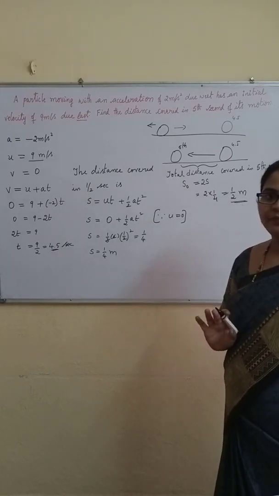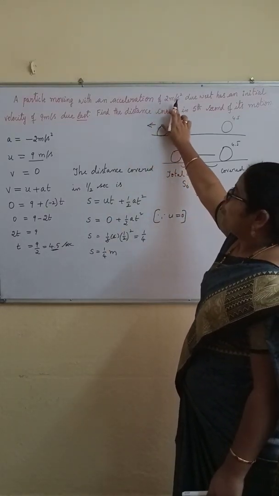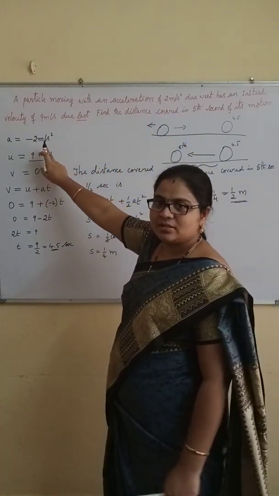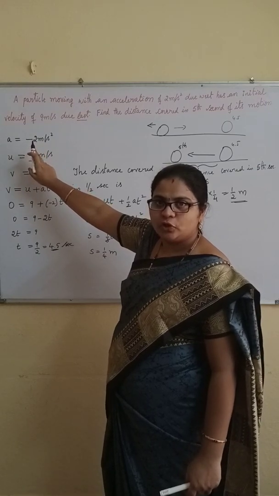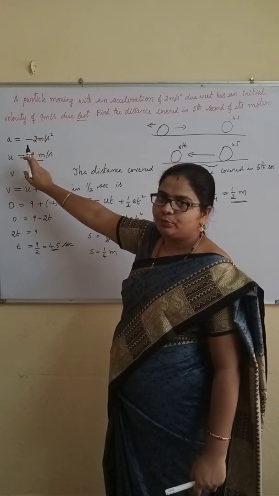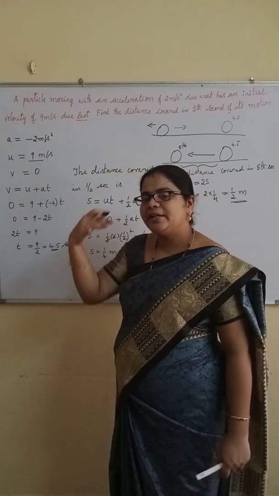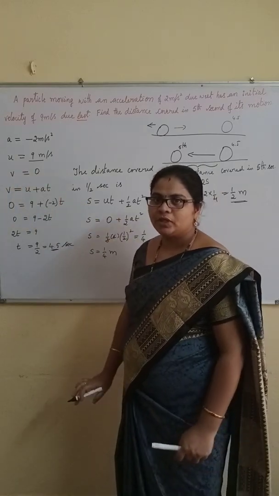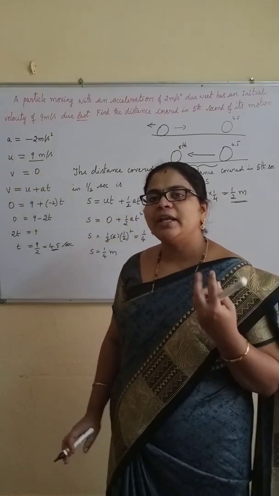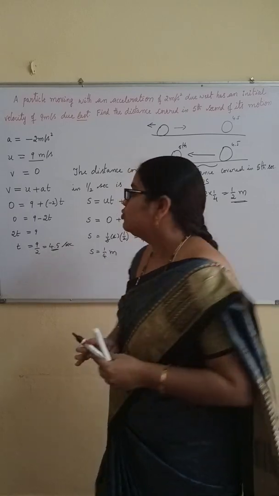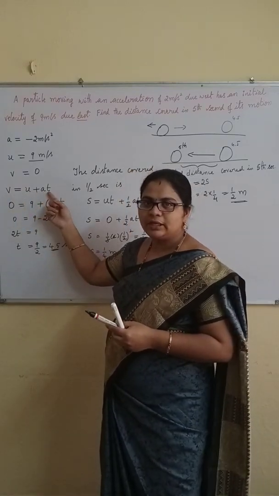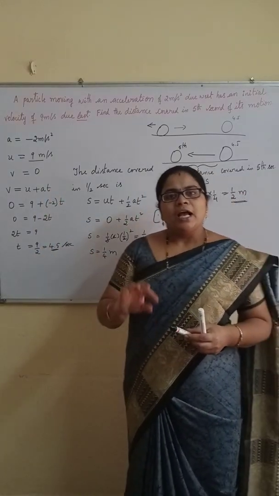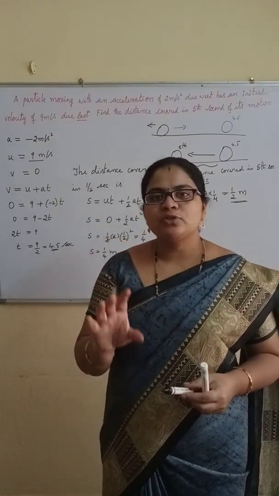This is the answer. The body is moving towards west and its velocity is towards east, so the a value is minus. This is the retardation concept. Deceleration and retardation are both the same. In this case, velocity gradually decreases and finally the final velocity becomes 0. Here I want to find out the time taken by the body to come to rest position, so we should use the v = u + at formula. So t value is 4.5 seconds. At 4.5 seconds the body comes to rest position.